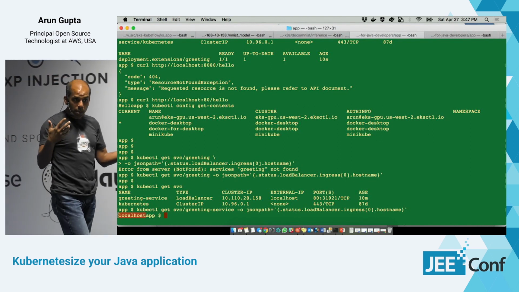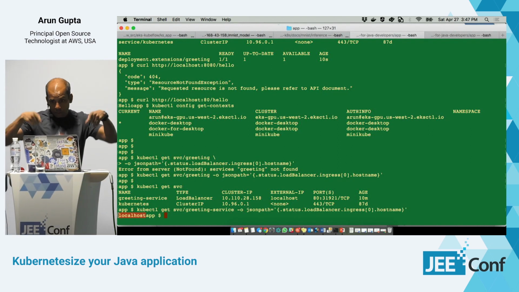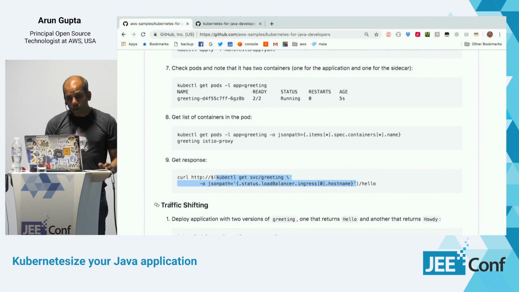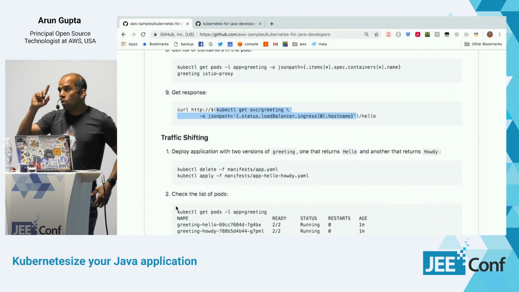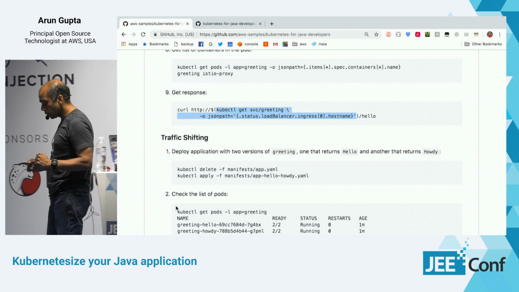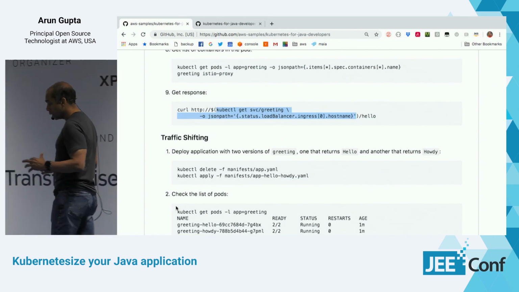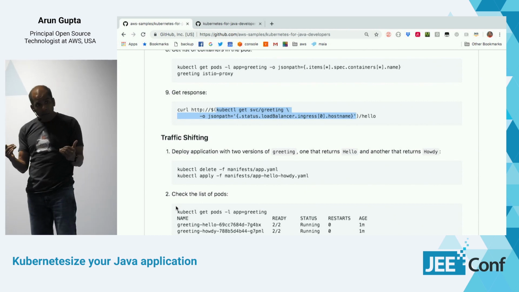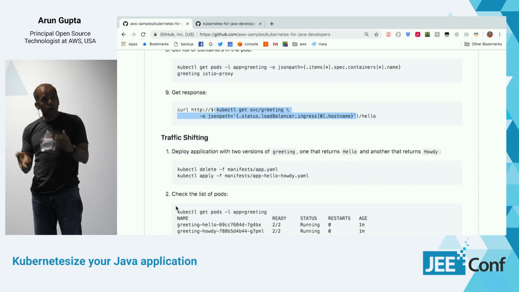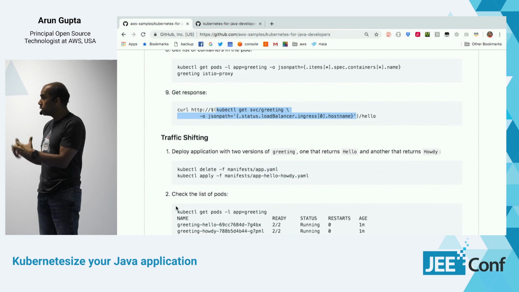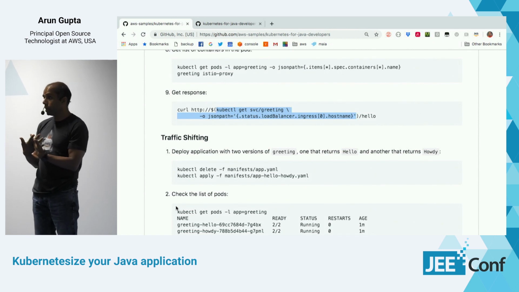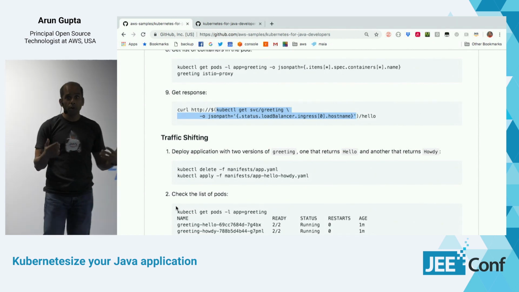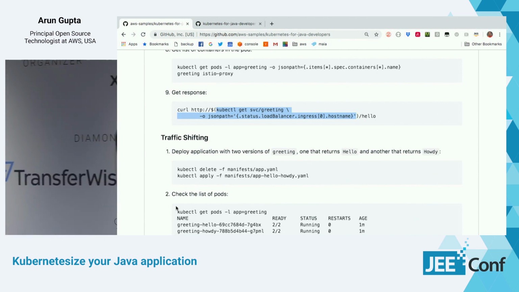So you can start, as I remember I said, you can start accessing your application using these commands. So now you are accessing this. So now how does my traffic shifting work? Or how do I do A/B testing here? Now I've installed Istio, my sidecar container is injected. There are resources that Istio defines, like virtual service, and where would the traffic go really. So if you look here, for example,